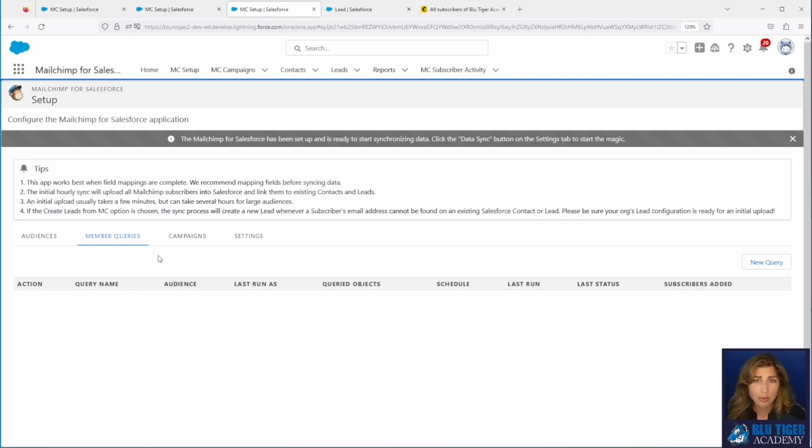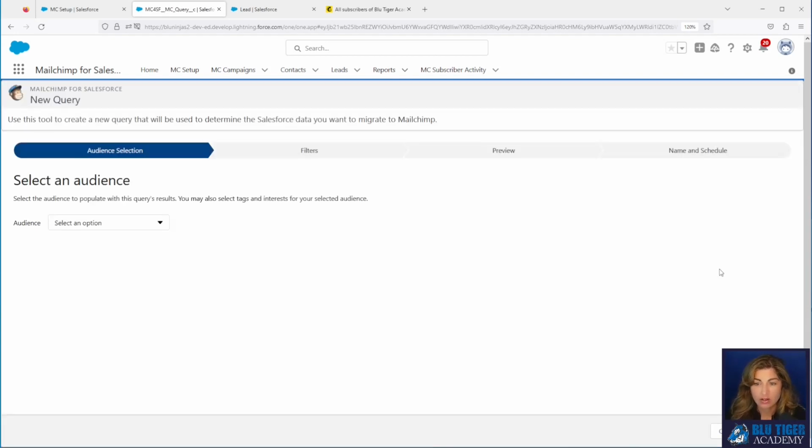Maybe there's spam or bad data. So if you're updating your records on the Salesforce side to be labeled as spam or labeled as left company, we can filter those out from the sync to MailChimp so you can control the number of contacts that are over there. So let's learn how to write a query that's going to control how we're syncing our leads and